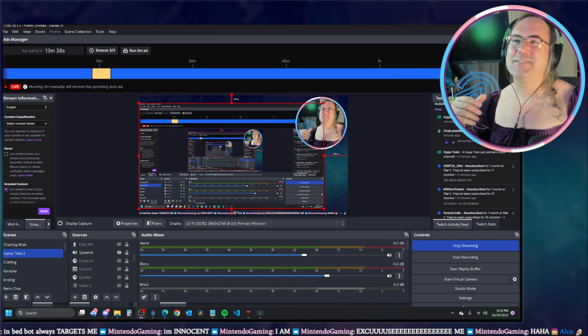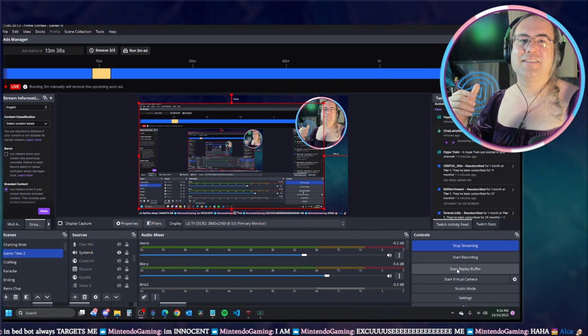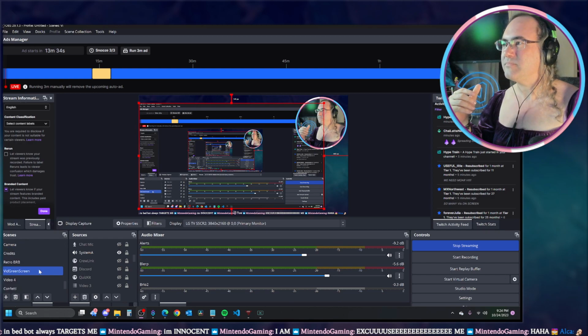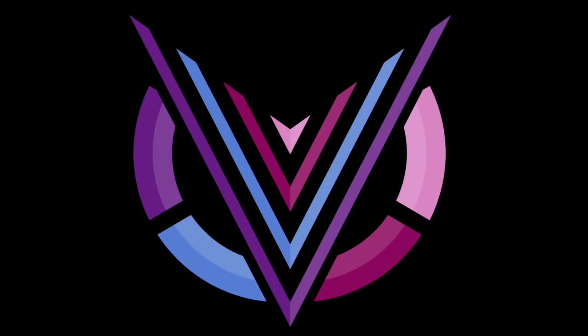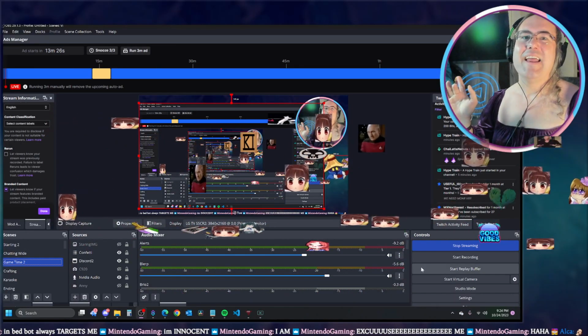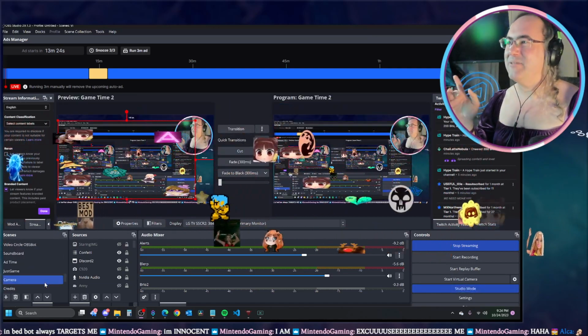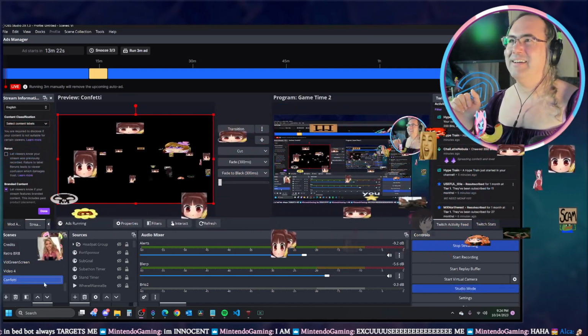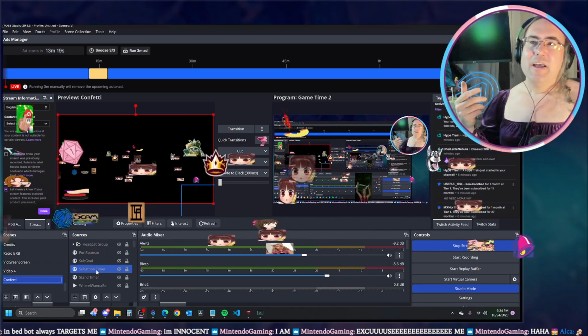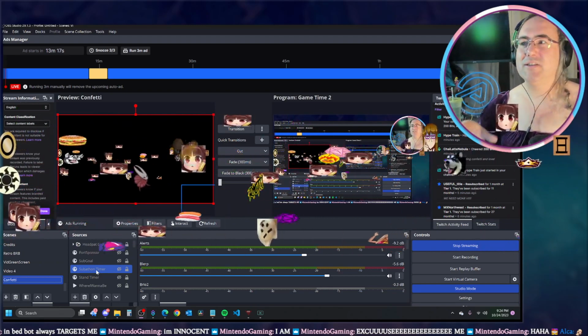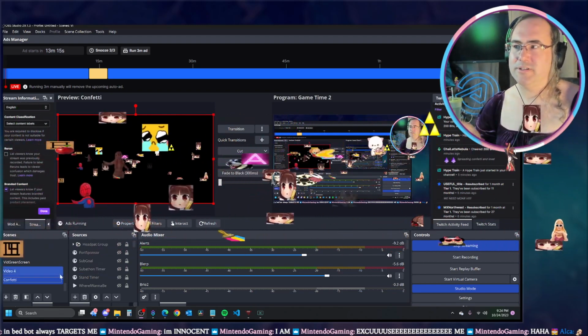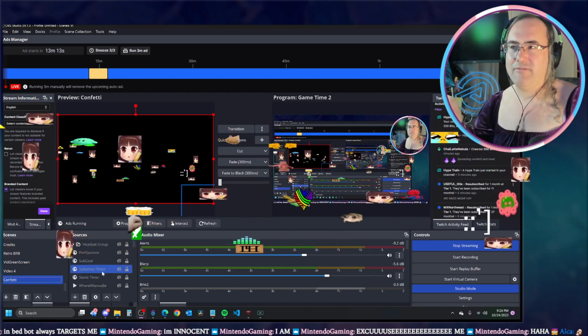All right, let's jump back over there and back into this. The reason we do studio mode is I do not have a microphone or camera on my overlay screen. So this screen doesn't look like much. This is where I do all of my visuals. I call it confetti because confetti was the very first one I put in here.